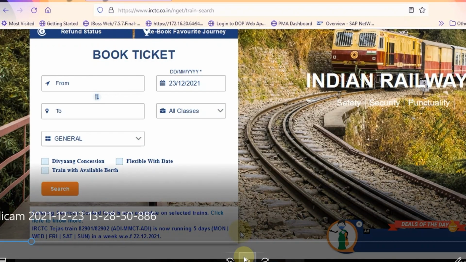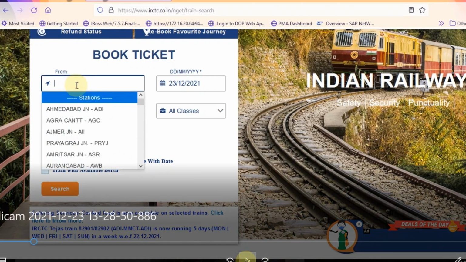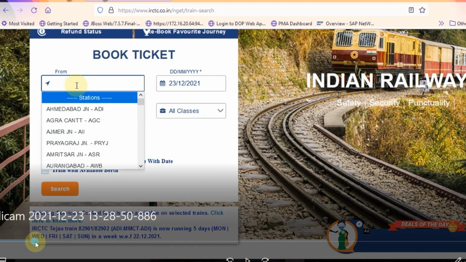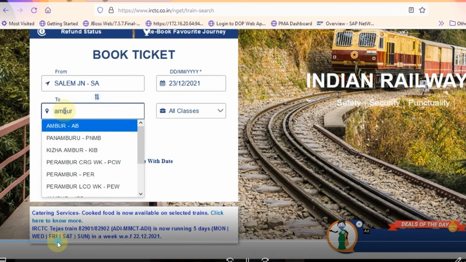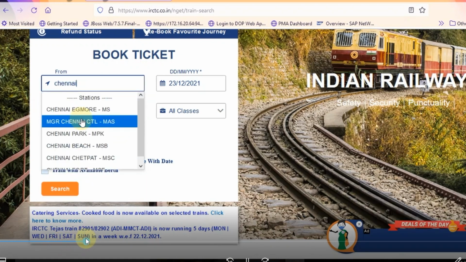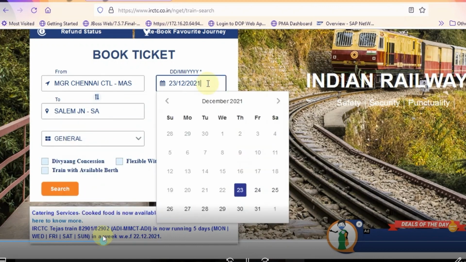After the successful login, now the user is ready to book a ticket, and the user needs to give the boarding and destination details of the passenger one by one. So now we are giving the boarding details and then the destination details, and then the date of journey when he has to perform his travel.